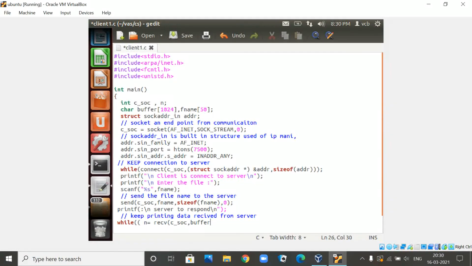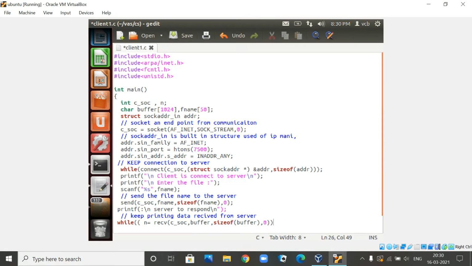So we have taken another variable, a character variable buffer. Whatever content the server is sending, you store it in this particular buffer. The next argument should be the size of the buffer. You have to pass the size of this buffer, comma, the last argument is 0.